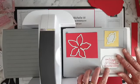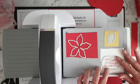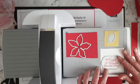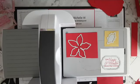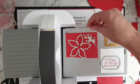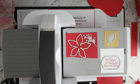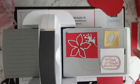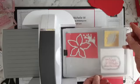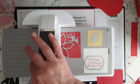And I've never had a magnetic platform before in any of my cutting machines, but I'm absolutely loving it this time. So I don't think I might be able to get that in there. Okay, just going to move that. So I'm trying to show you that you can cut everything all at once. That's okay. So I'm just going to pop this back on again, and I'm just going to run that through,